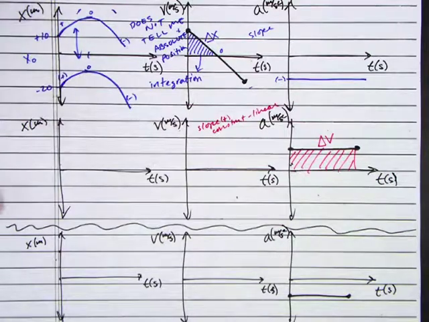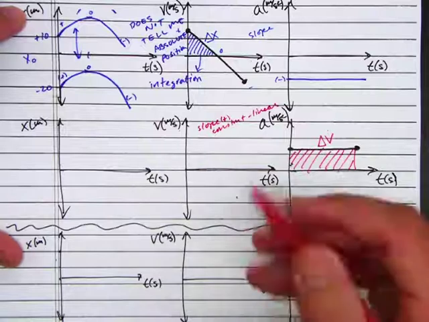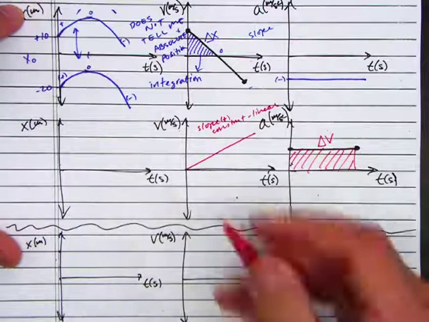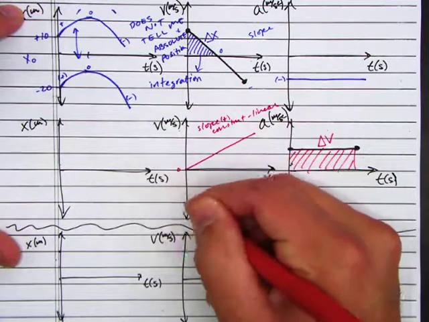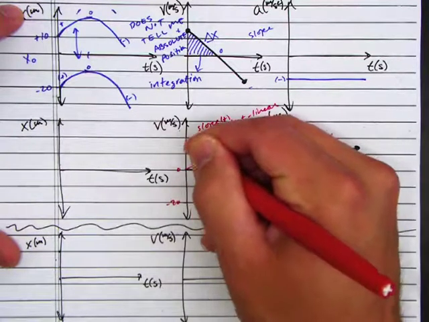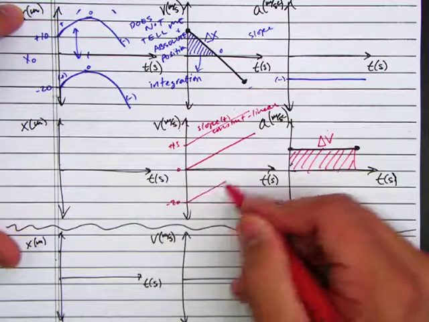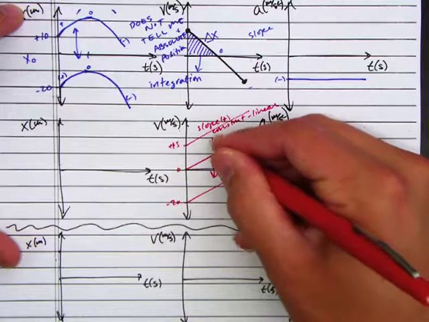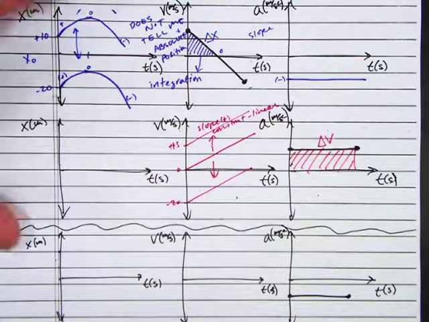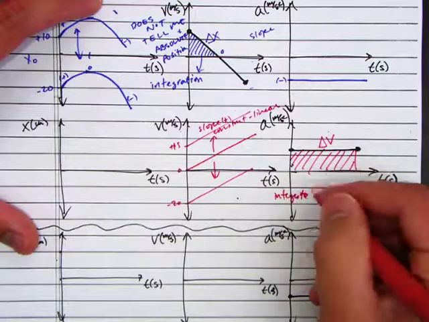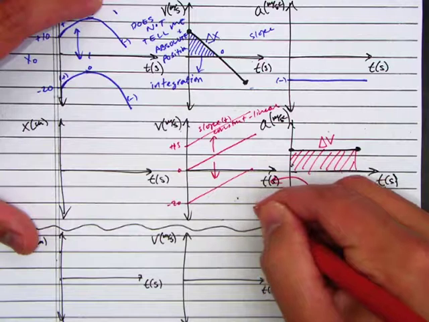So I can have a negative velocity and have a positive change and get less negative. I can have a positive velocity and have a positive change and get more positive. So what that means is I have an increasing linear sloped line, but without being told I start at rest, or I start at -20, or I start at +15, right? It could be any of these lines. I could shift anywhere along this axis, because again, when I integrate from AT to VT, I pick up a constant of V naught,